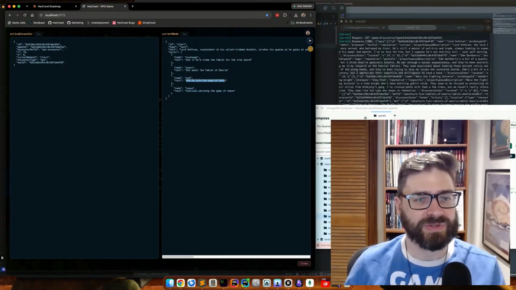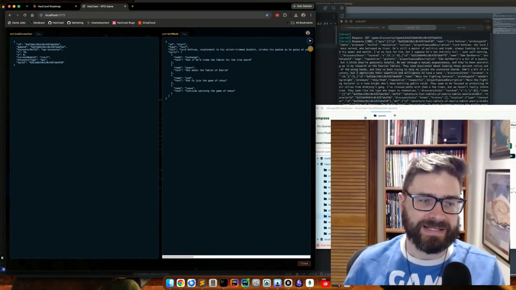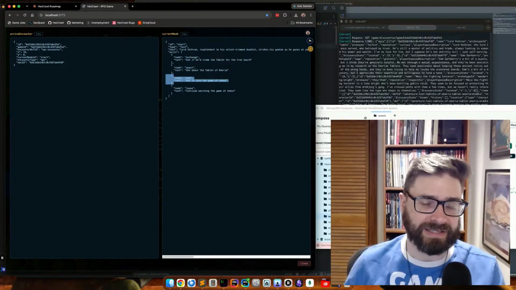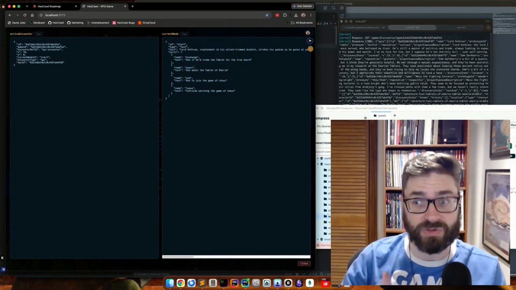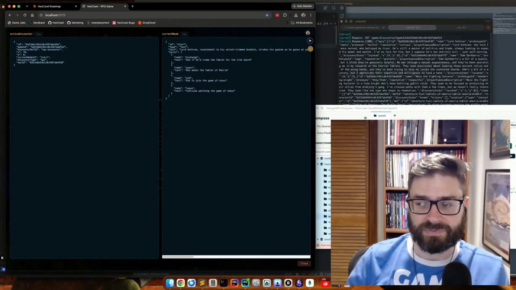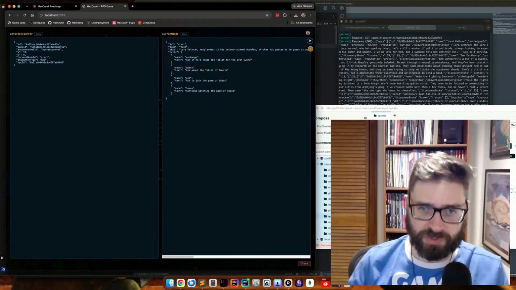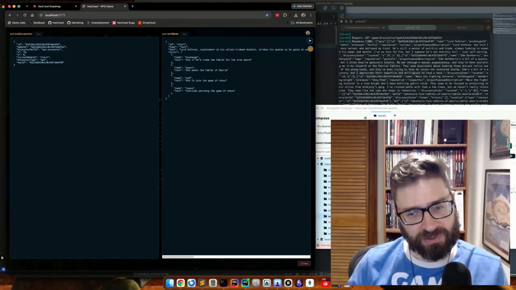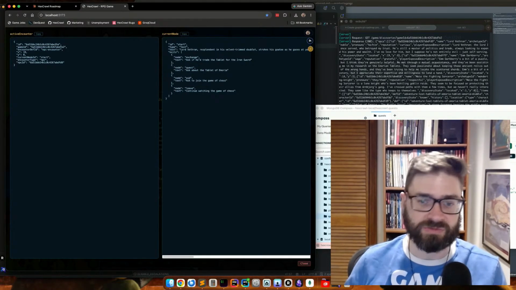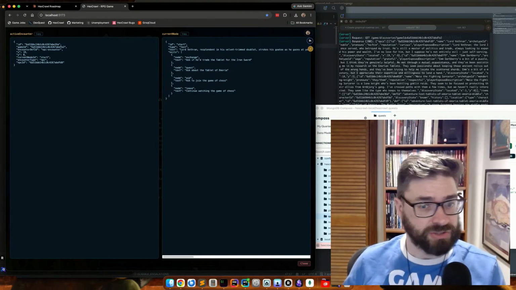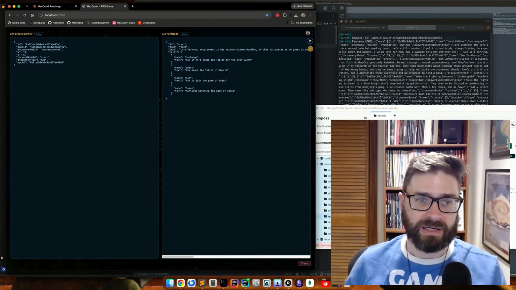Ask to join the game of chess is an aid action. Okay, this is a known issue. Actually, this is something I need to come back to. The aid node is supposed to be for what we saw earlier, with the more friendly NPC offering me food, offering me healing. They're supposed to be genuinely helpful. Someone like Lord Vethran, who presumably I do not have a good relationship with, should not be offering to aid me.